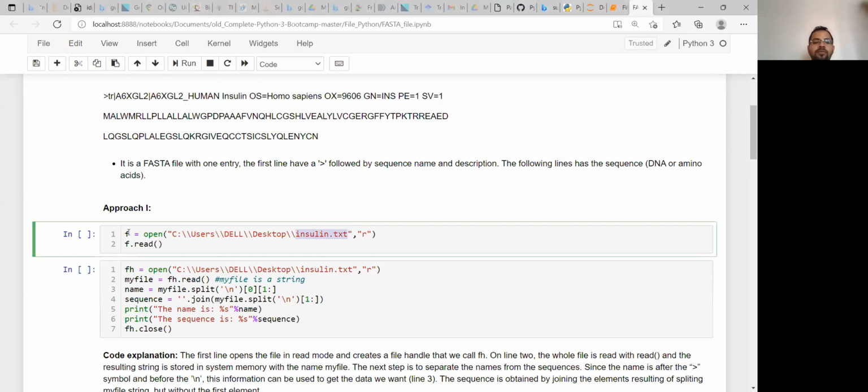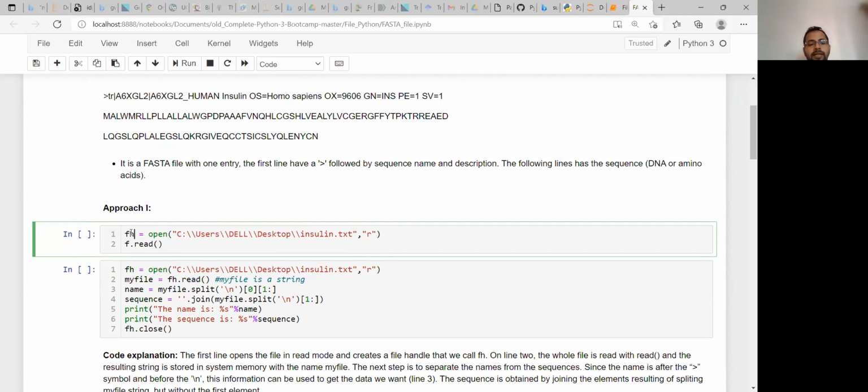Now we are opening this file in read mode, and the content of the file is taken in this variable, which I told you is known as the file handle. Next time onwards, we are going to use this file handle every time, not the file name or any other variable name. Whatever we write here as the file handle name, we can give as per our choice.